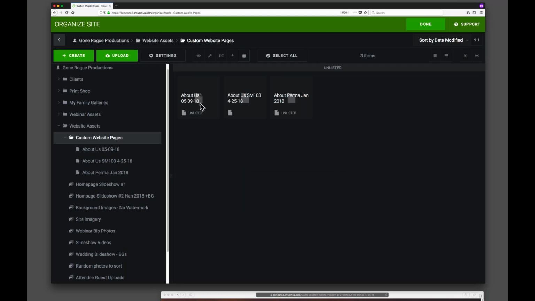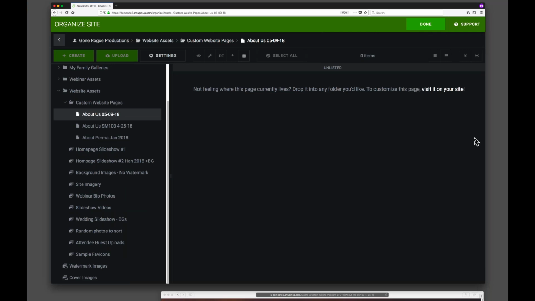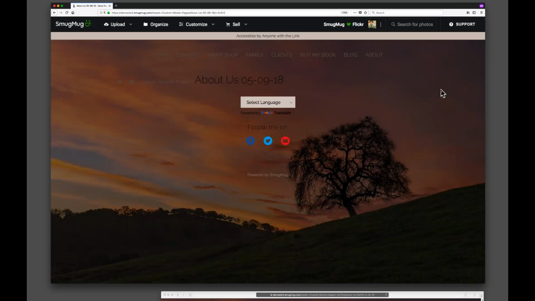So here it is, 05/9/18. Let's double click into it. There's nothing there, but we'll tell you, not feeling where this page currently lives, you can move it somewhere else. To customize this page, visit it on your site. And boom, here we end up on a blank page that is simply having the other items that are already on your site. So the header, which is